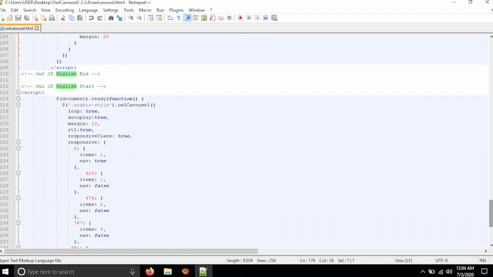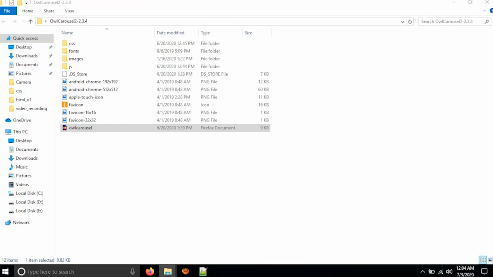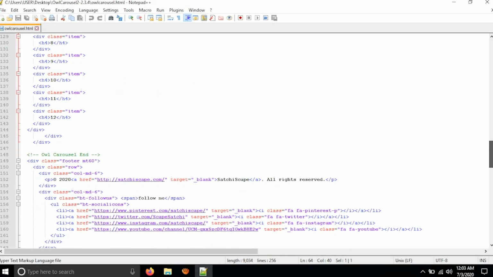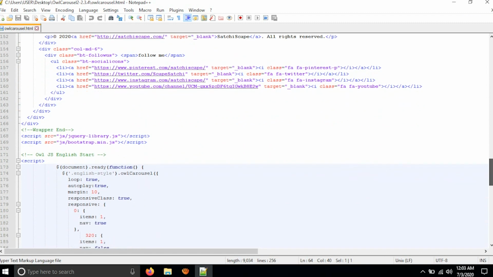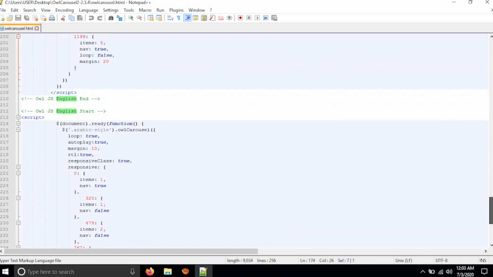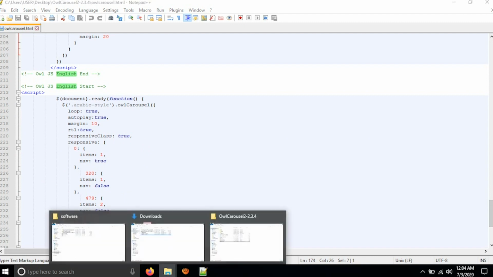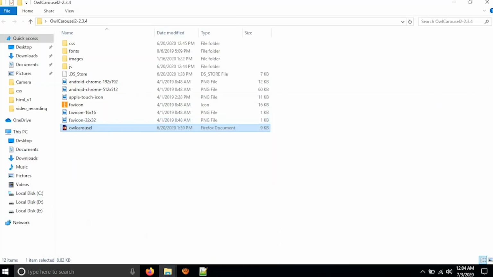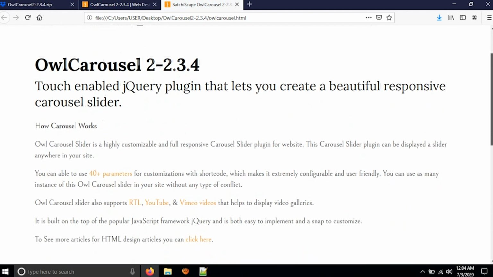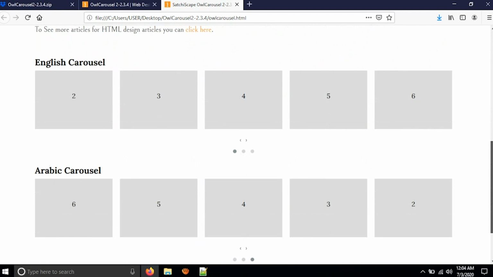Okay. So after that I have given a short description, and after that I have given the English carousel, and further down I have given the Arabic version of the carousel. It's an RTL carousel, and the top is the English carousel. Further down I have given a footer, which is of no use for you, and here I have mentioned the English style Owl Carousel, and below I have given the Arabic style Owl Carousel. So you can see how the Owl Carousel is used, and what the benefit is for your website. It's very user friendly, and I have two versions, English and Arabic.